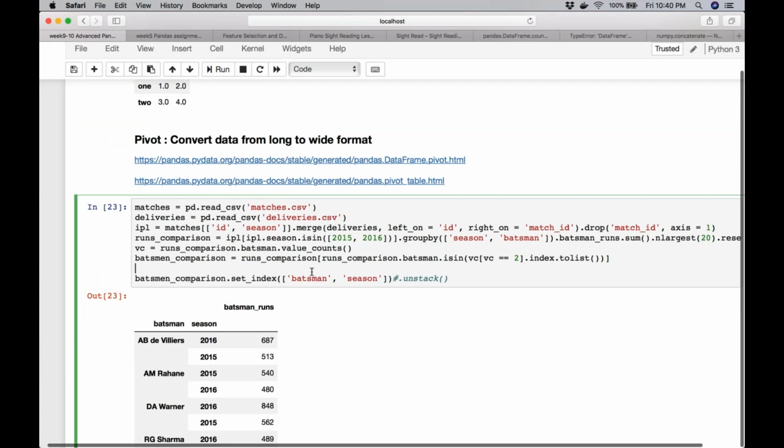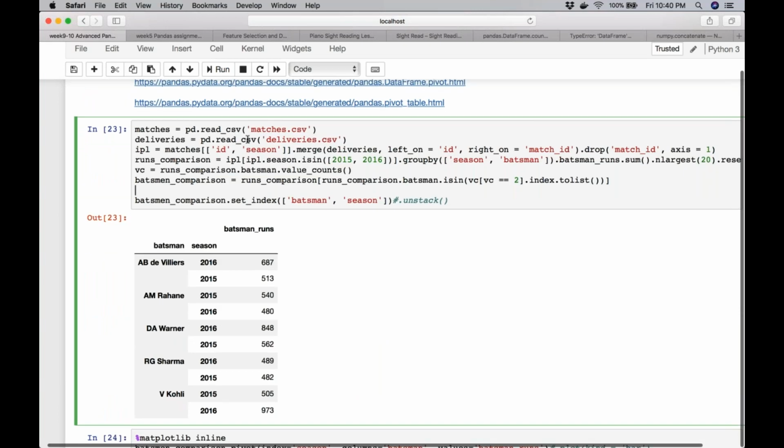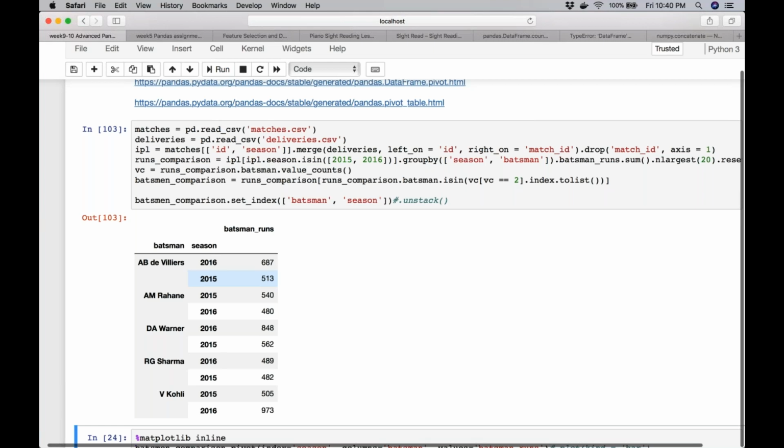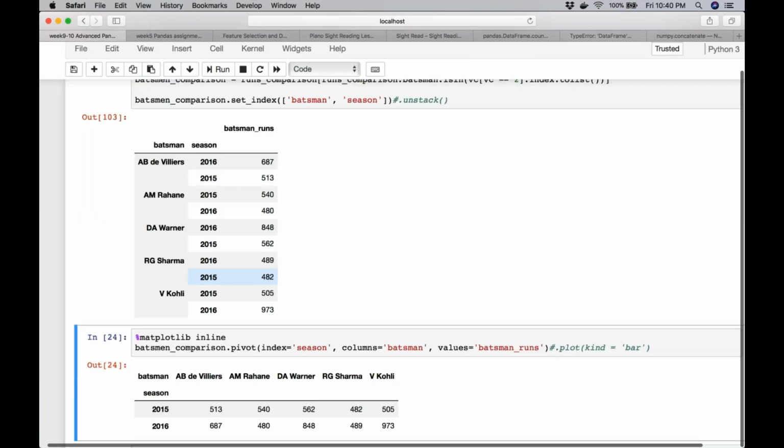So we did see this code, right? There's a bunch of lines here. At the end of it, what we got is my data. So let's say I have data like this. It's a multi-index. The level 0 index is the batsman name, the level 1 is the season, and then there is corresponding runs. What was happening when I created a plot of it?